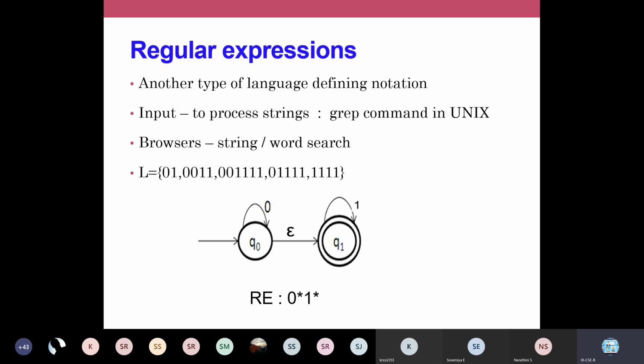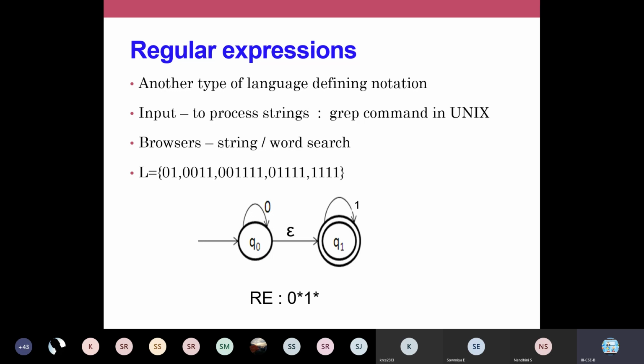Regular expressions can be defined as another type of language defining notation, and particularly they are used in search commands whenever we want to match a particular word, like how an automata recognizes a word. We have constructed automata to recognize keywords, is it not? While, then, if, like that. Similarly, when I say that regular expressions are equivalent notations of an automata, we can say that regular expressions can also recognize words. So mainly it is used for pattern matching or word search.